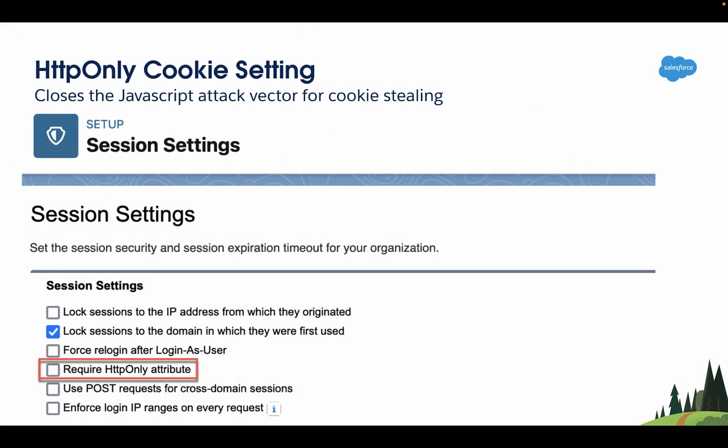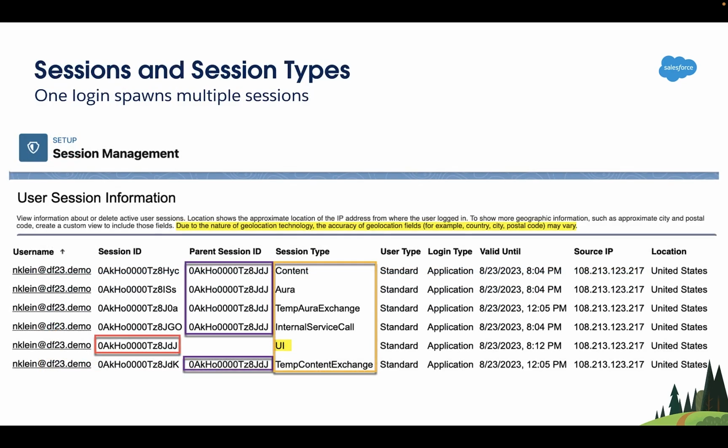And what we do suggest is customers should always turn on the require HTTP only attribute, which ensures that the session cookies cannot be accessed through JavaScript, which is a favorite way that attackers will steal session cookies. So I'd like to start with, please go back to your orgs and do this because it will make you more secure. That said, in order to understand how this works, we really need to get an understanding of the